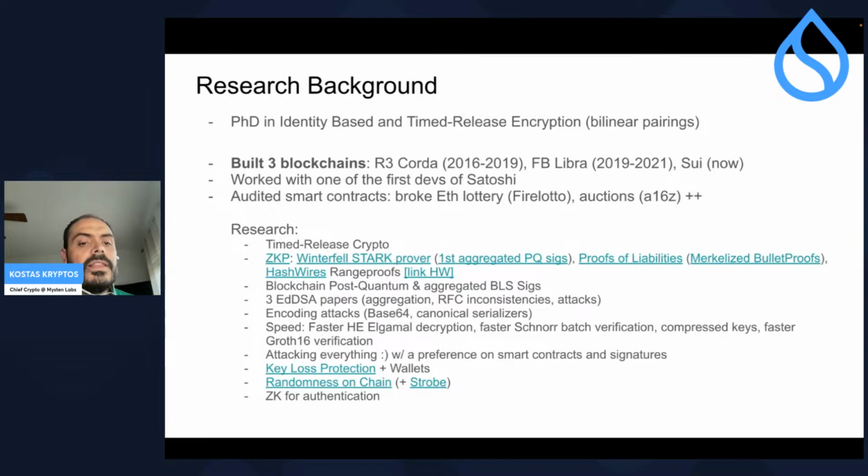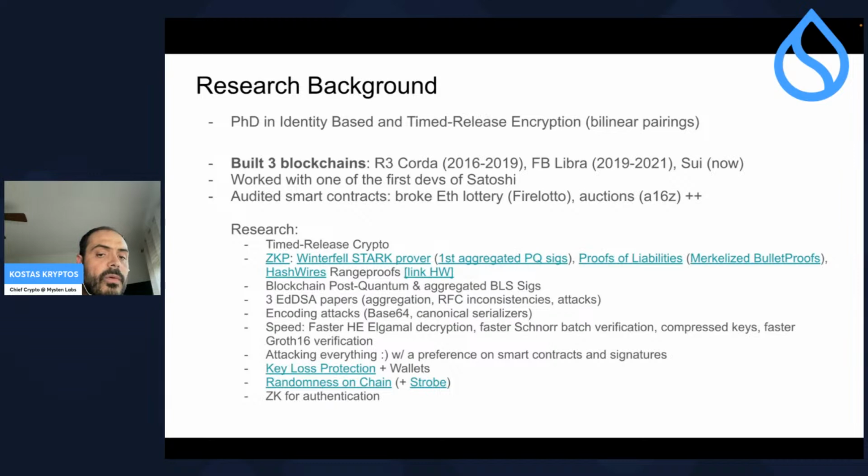In this session, I will transfer all of my knowledge from the 3 blockchains I used to have in the past. I started in 2016 officially working for a blockchain company. This was the Corda blockchain system. And then I worked at Facebook. I led the crypto team for the Libra project, and now I'm building SUI. So something that changed my career